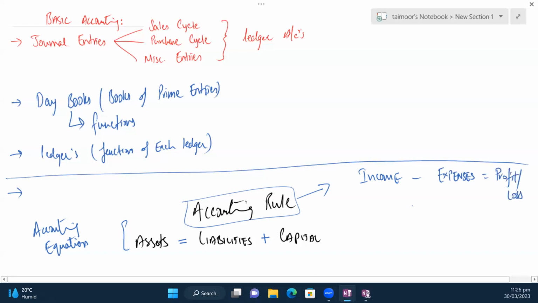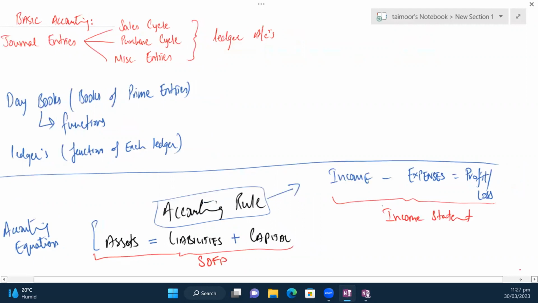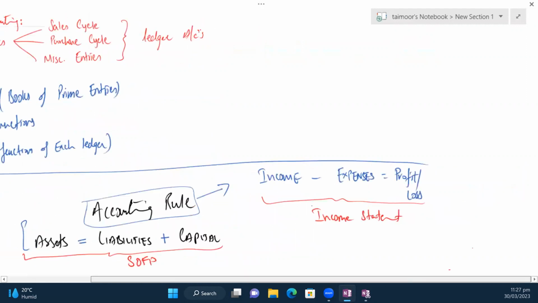So income minus expense is either your profit or it could be your loss. ठीक है जी. अब यहाँ जो बेसिक चीज है वो देखने की कि ये चीजें आपकी आती हैं स्टेटमेंट ऑफ फाइनेंशियल पोजीशन में, और ये दोनों अकाउंटिंग हेड्स आते हैं आपकी इनकम स्टेटमेंट में. ठीक है जी. स्टेटमेंट ऑफ फाइनेंशियल पोजीशन एंड इनकम स्टेटमेंट. ठीक है. ओके,